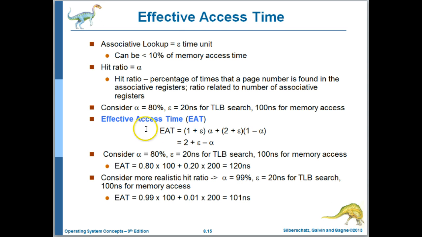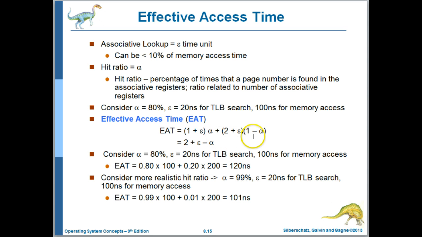So the effective access time is the weighted average of a TLB hit. So remember, this is the hit rate, and this is the memory access time, 1 for the final actual memory access, and epsilon here for the TLB access time,